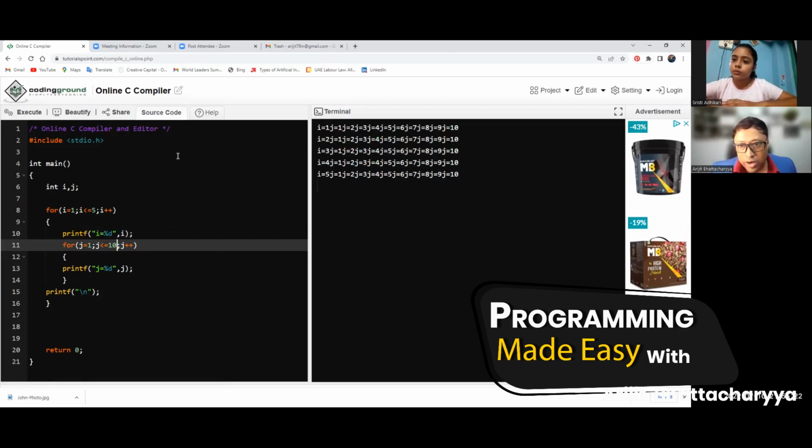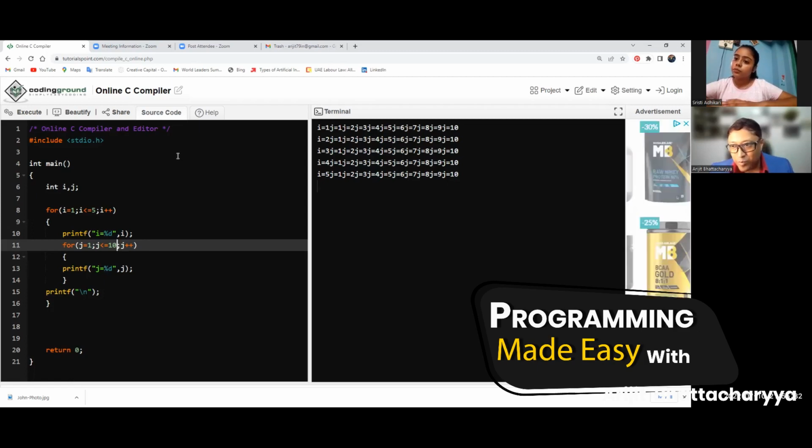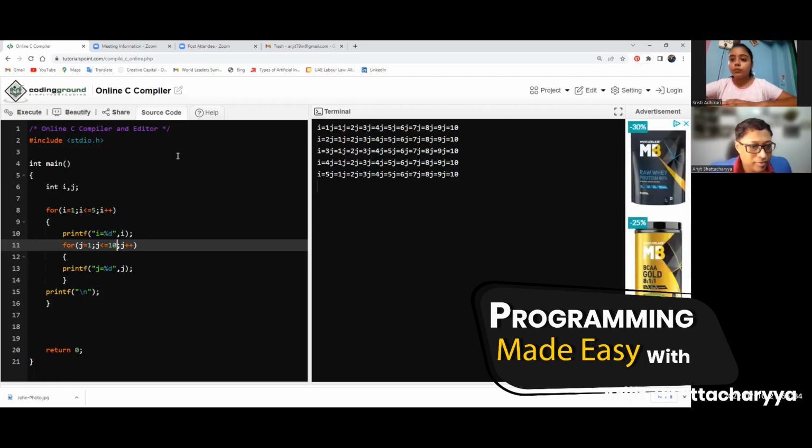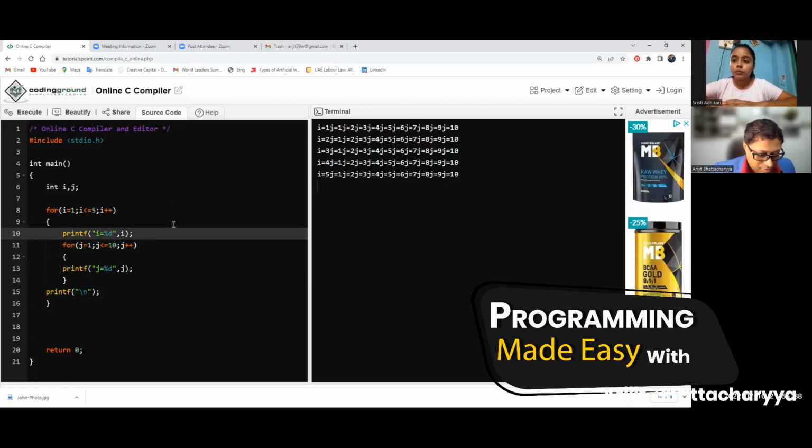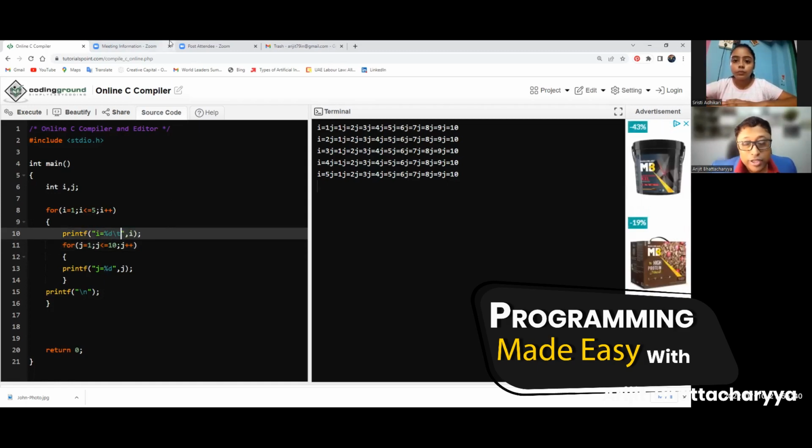Because i is equal to 1, it will run 10 times. Because i is equal to 2, now j will run 10 times. Because i is equal to 3, j will run 10 times. Easy? Clear? If you want a good display, I'm going to teach you something which is not \n,